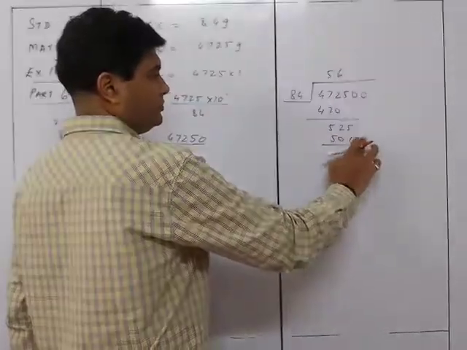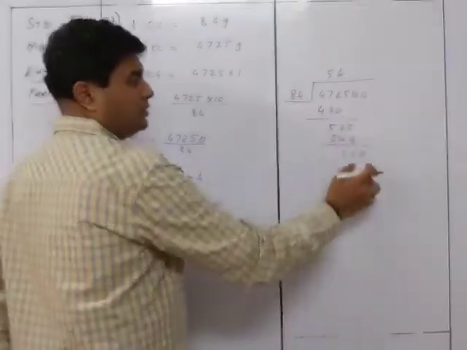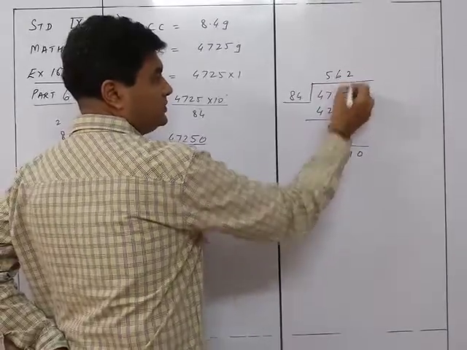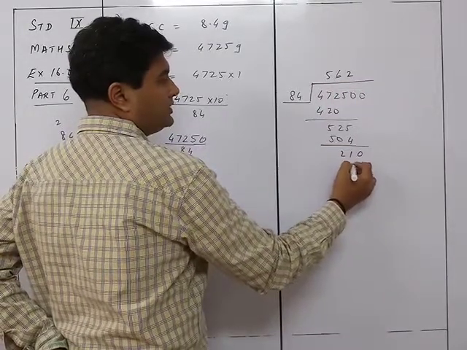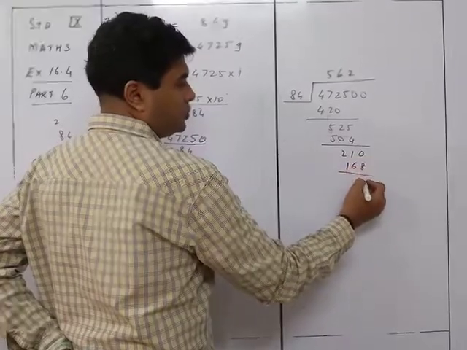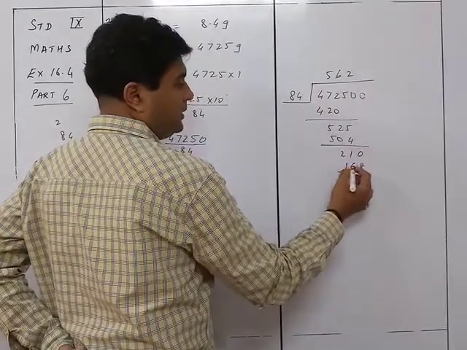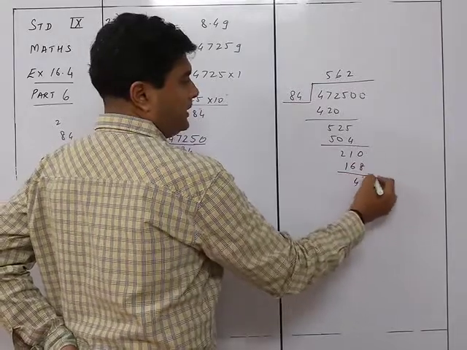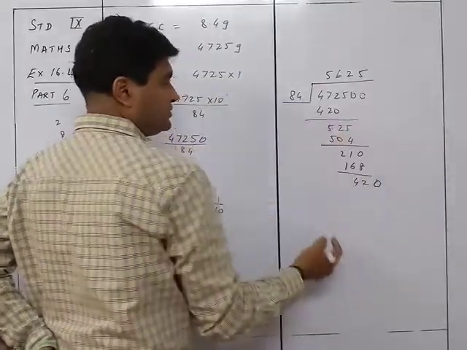This will not come, 0.504, yes. Okay, so this is 210. So it is 2s, so it is 168. So that will be again 10, so 2 and 0 to 10, that is 420. Yeah, so there's 420 again, so 5. Yeah, that's right. So 5625.